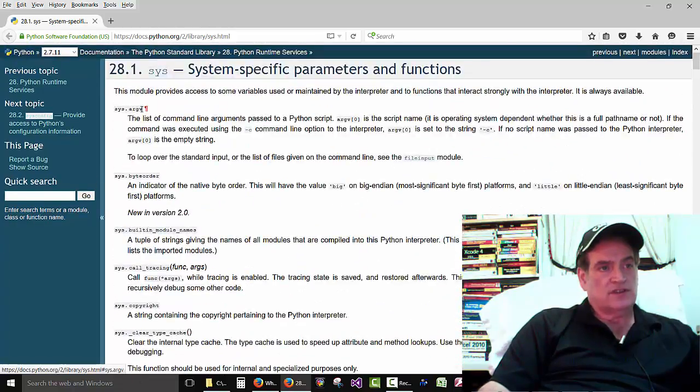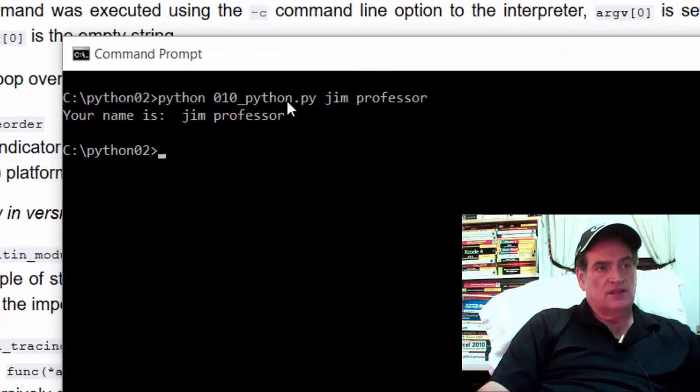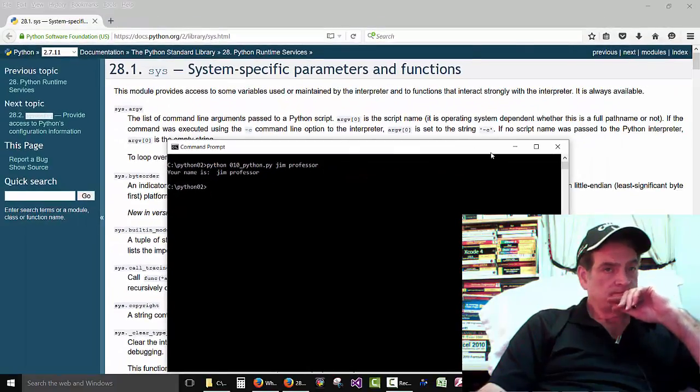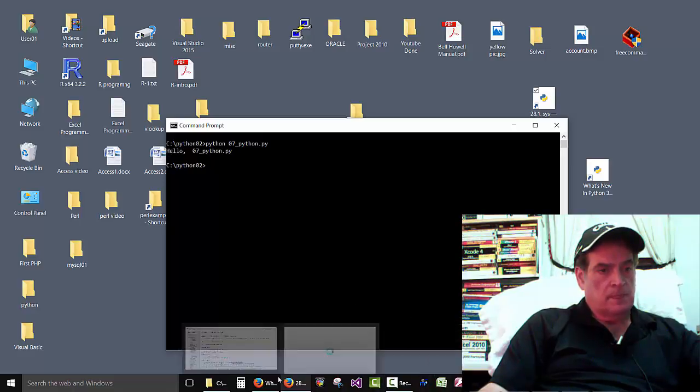The very first one is argv, the list of command line arguments passed to a Python script. The arguments passed to the script. This would be the first argument, this would be the second, this would be the third. Okay, so just to run through these again,